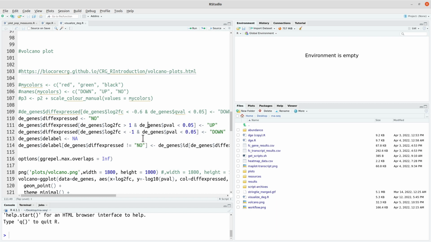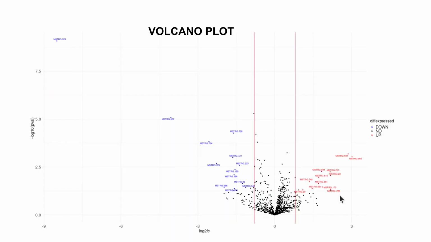Again, there is no standard threshold, and so you will have to decide what threshold works best for you. I advise that you look at literature, you consult the experts, and then use whatever information you get to help you to set an appropriate threshold. So just take note of that. Let's go back to the plots. Using this color scheme, it becomes easy to pinpoint these genes that are of interest